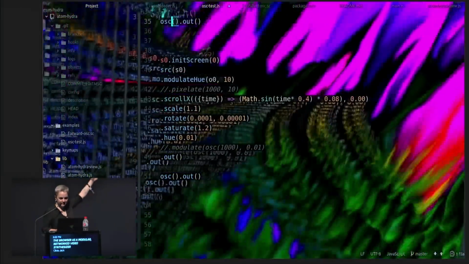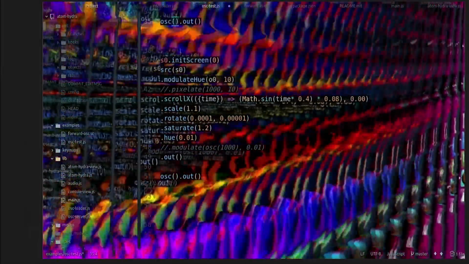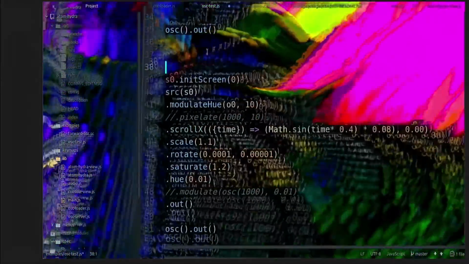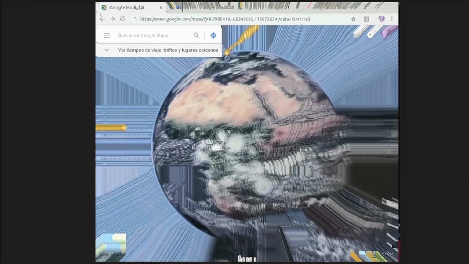And so this is using the screen itself as an input. These are experiments that I've done using this idea of the video synthesizer. This is using my Twitter feed as an input, using the desktop capture API. You can use any window as an input. This is using Google Maps as an input, and experimenting with it.